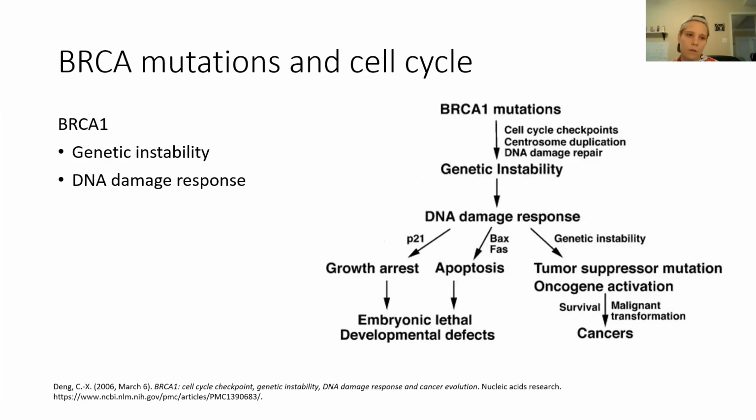So as far as continuation of looking at the mutations in the cell cycle, this was from that paper, looking at how BRCA1 mutations and BRCA is responsible for these cell cycle checkpoints, and if there's a mutation, it will cause genetic instability because these requirements will not be met, thus causing the DNA damage response, resulting in growth arrest, apoptosis, which can lead to embryonic lethal developmental effects, or genetic instability, leading to tumors